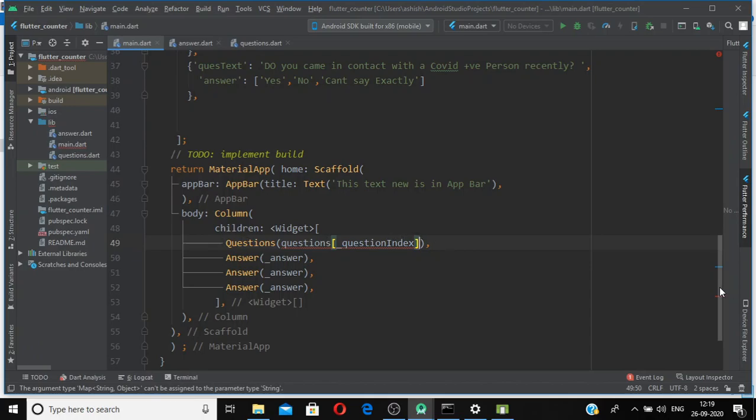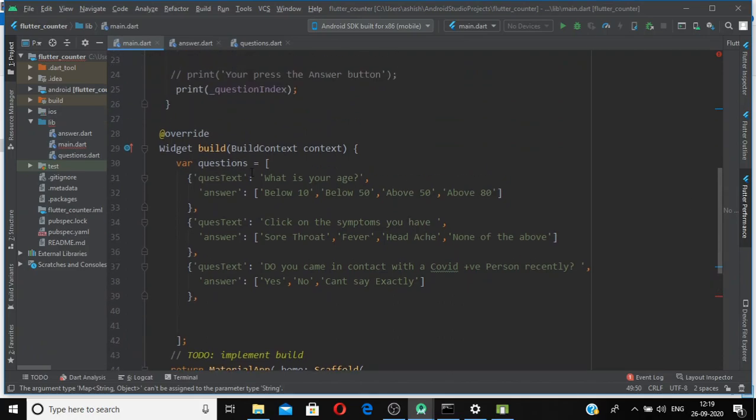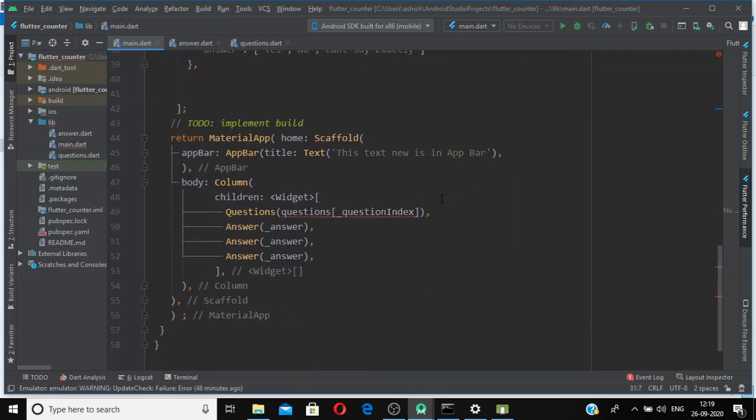Inside the question widget, previously we were using the list's first item, or the item at an index, but in this case inside this list first we need to go to the map, and then we use the key. So at present we are at the map level, and when I use this I have to use that key value pair, and the key value pair in my case is question text.